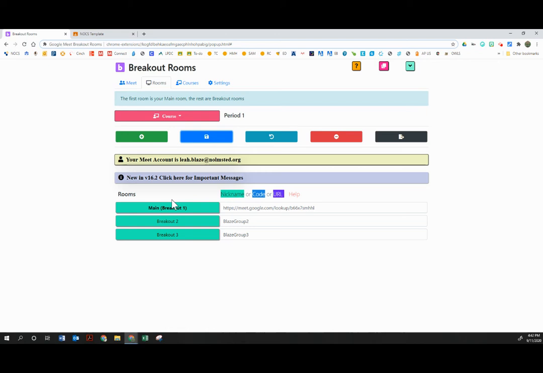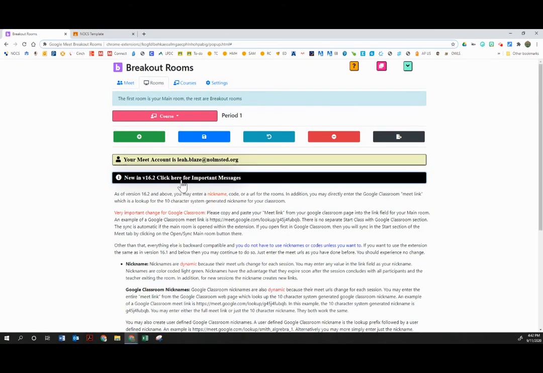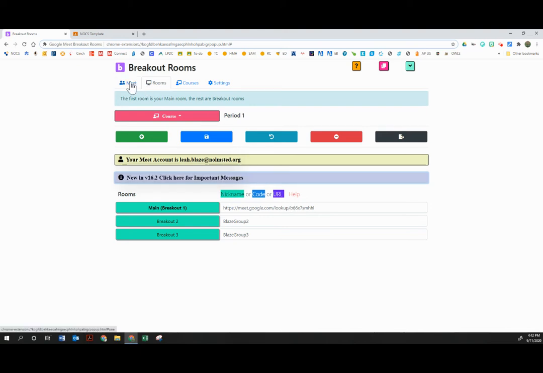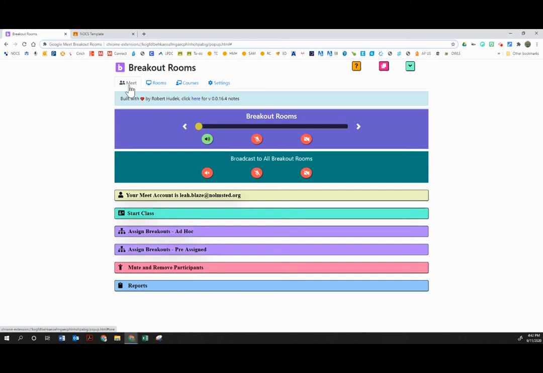He will give you pointers if you start watching the videos about making sure that you're only signed into one Google account when you set this up, or it will mess with the extension. And he gives lots of important messages underneath here as well. So I have technically 3 breakouts that are nicknamed because the link in Google Classroom is also technically a nickname under the hood. So now once I am set up, I'm going to head over to Meet,